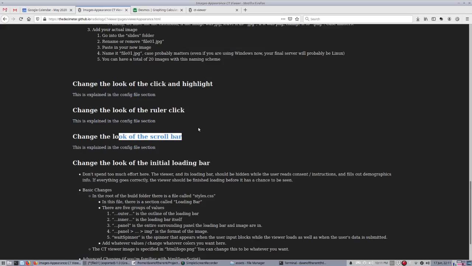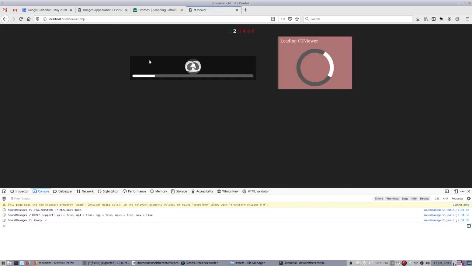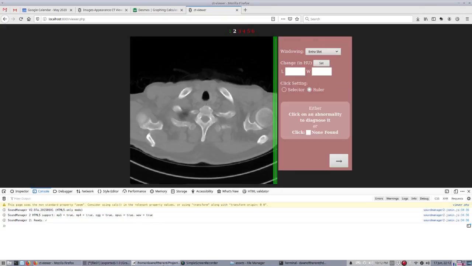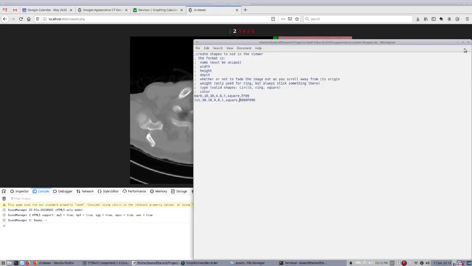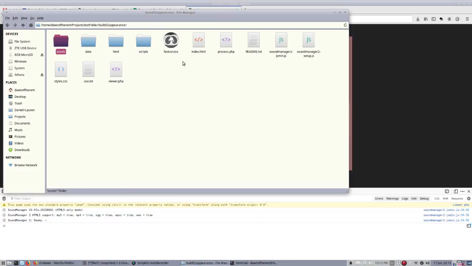Okay, so now, lastly, let's change the look of the loading bar. That loading bar is what appears when you first load the image, this little bar appears as the files are loaded. I don't recommend you spend too much time changing the loading bar because normally it shouldn't be seen because the CT viewer will load in the background. So open this styles.css